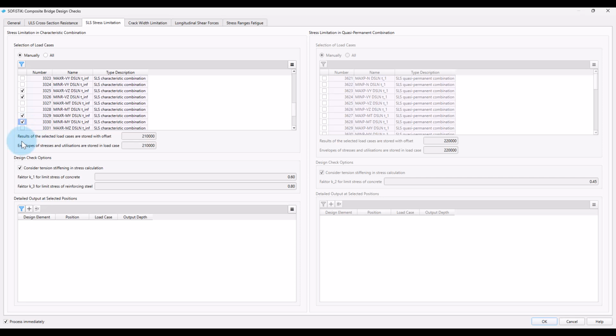As for the ultimate limit state, the results are stored on the load case number, calculated as number of the design load case plus the given offset.